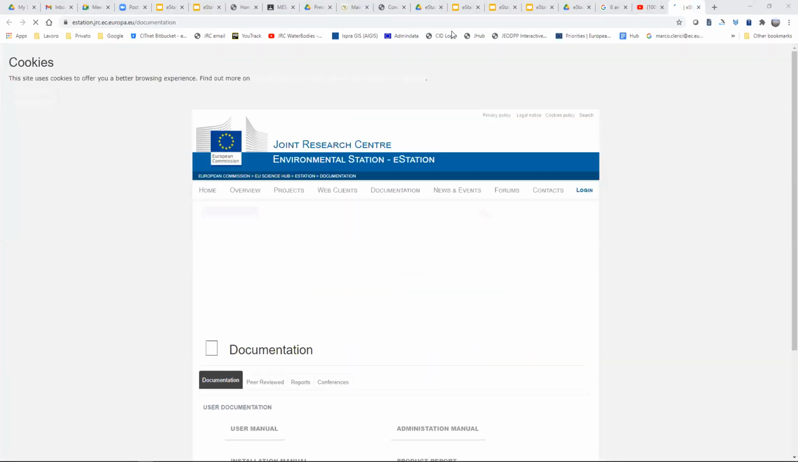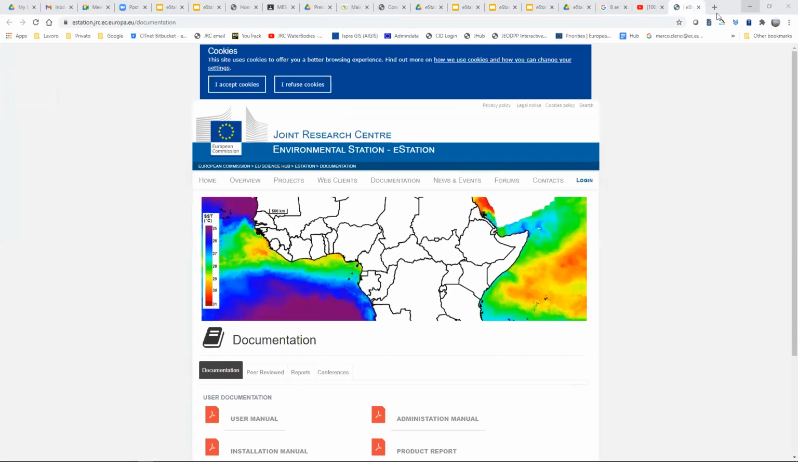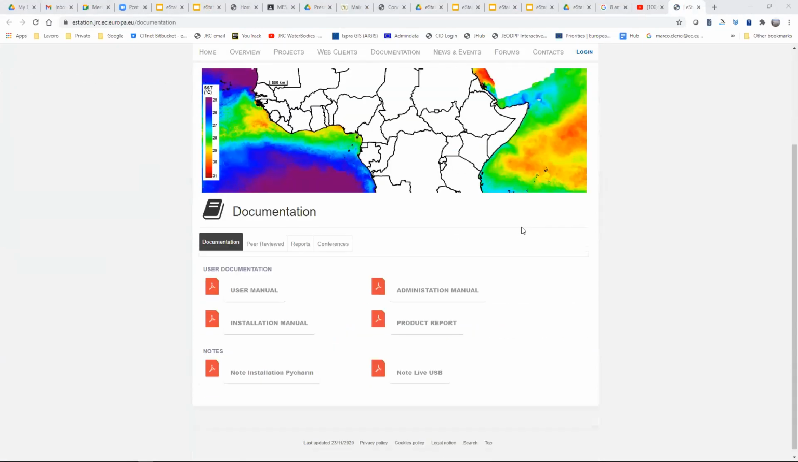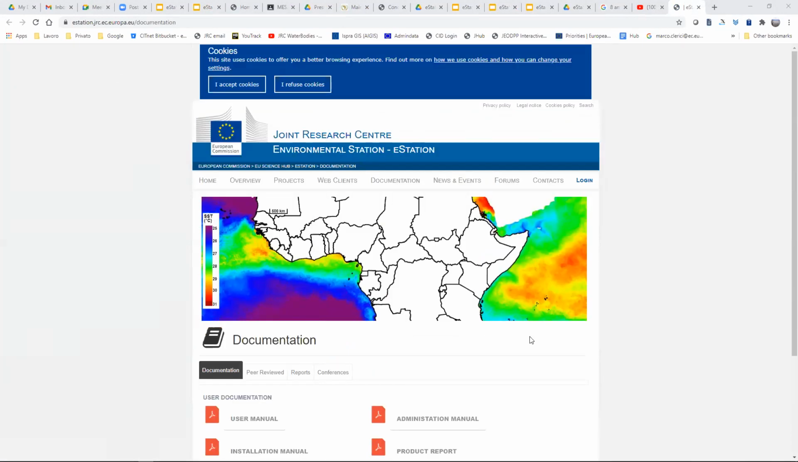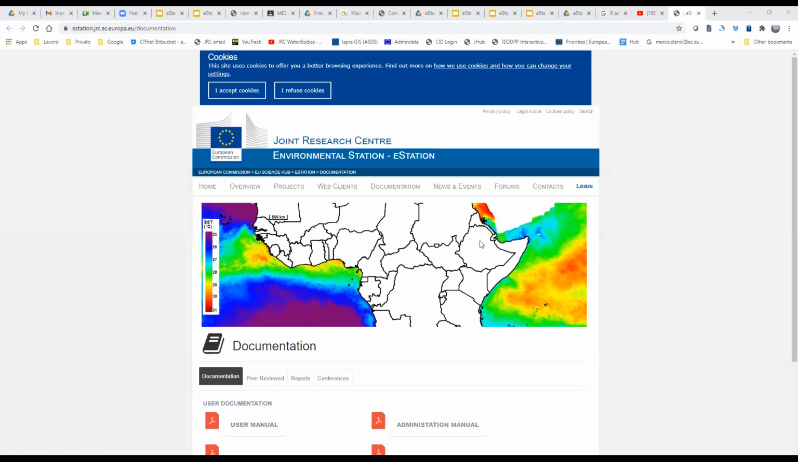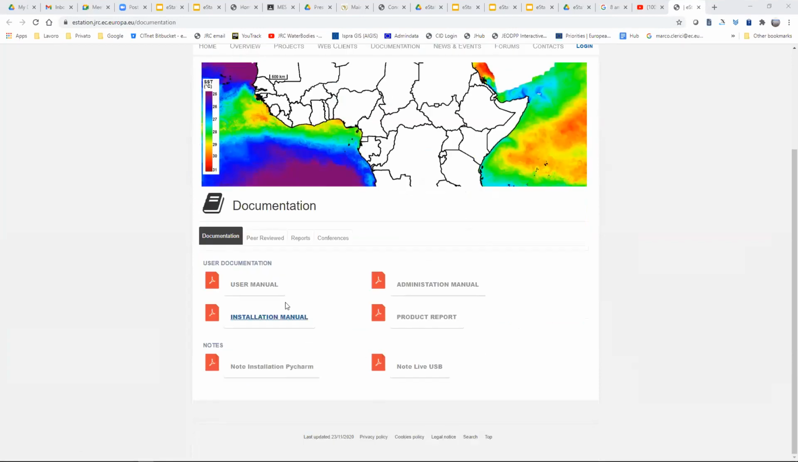Yeah, I didn't mention that because I thought if everyone starts to open it, maybe it's good also to check if the online version has the capacity to be accessed by different users. So there is the documentation in this link, which we all pasted in the chat, which gives also the user manual, the installation manual, administration manual, product report,